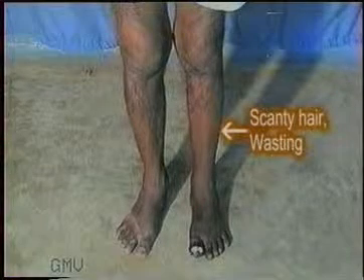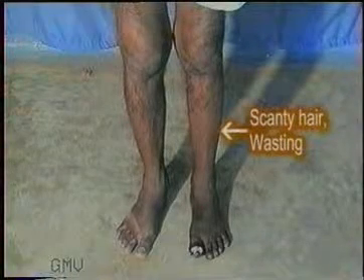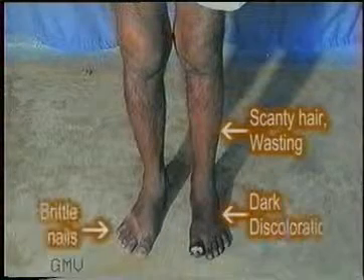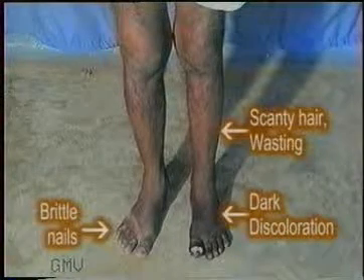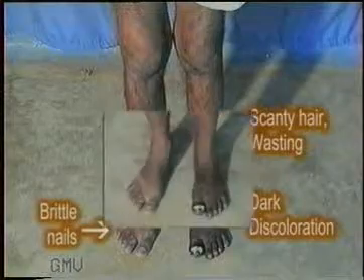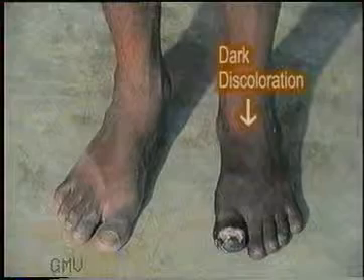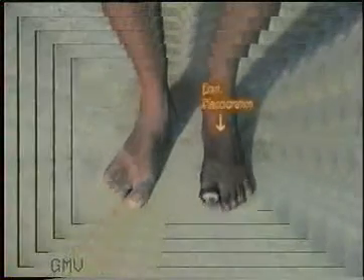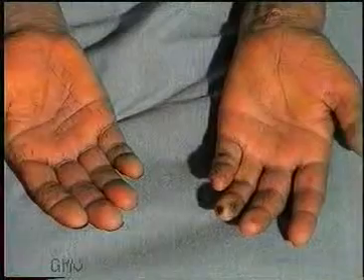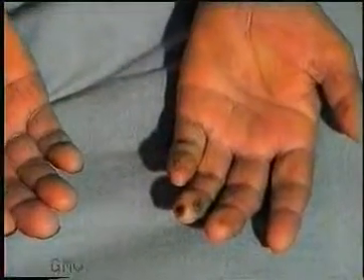A chronically ischemic limb looks pale and thin. The skin over the lower part of the leg and shin is thin and shiny with scanty hair. The leg is thin due to loss of subcutaneous fat and muscle wasting. The nails are brittle with transverse ridges. As the blood supply becomes critically less, the distal parts of the fingers and toes become darker in color, and the tips of the fingers or toes may show ischemic or trophic ulcers.